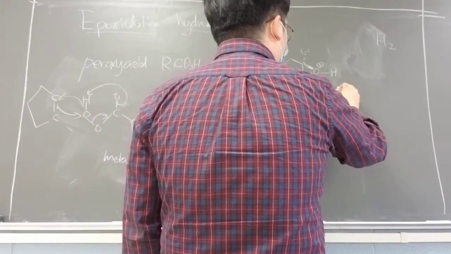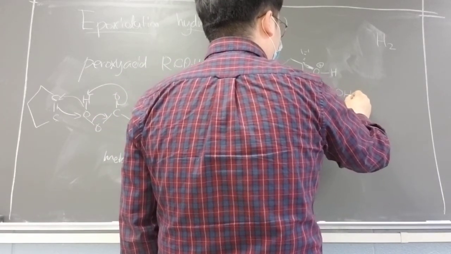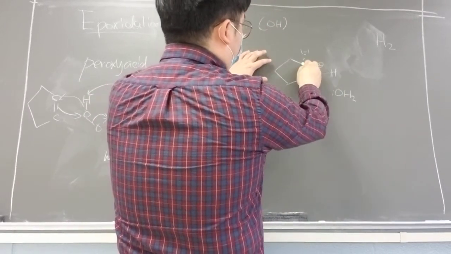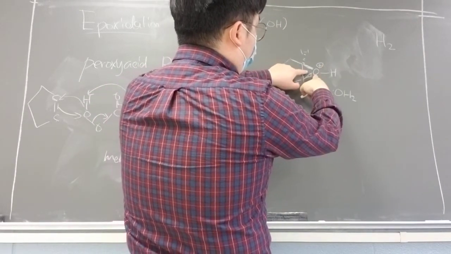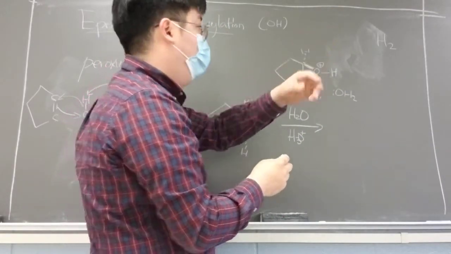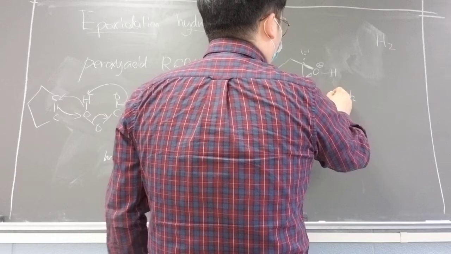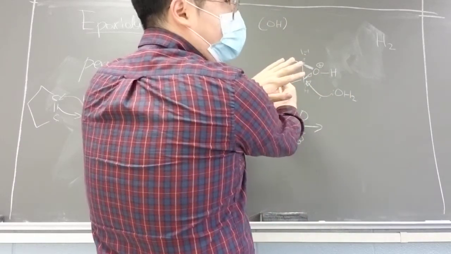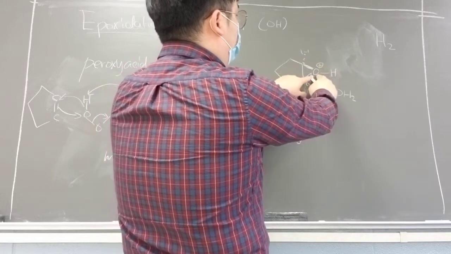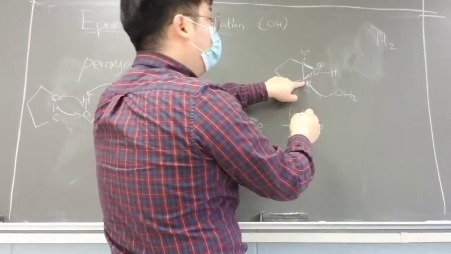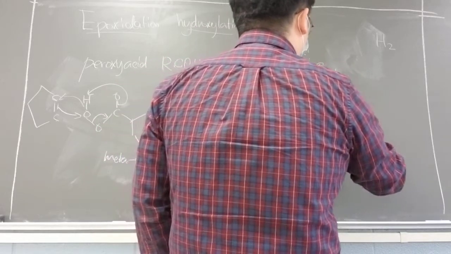So actually water comes in. Think about this one: this is a wedge, right? So it's going this way. This one can only bond to the bottom one, so the back side. The front side is already occupied by this group. So this one you can attack from the back side over here. Okay? So eventually what happens is